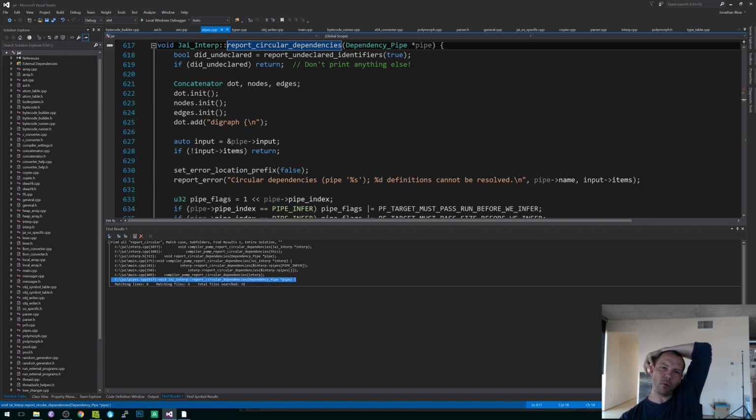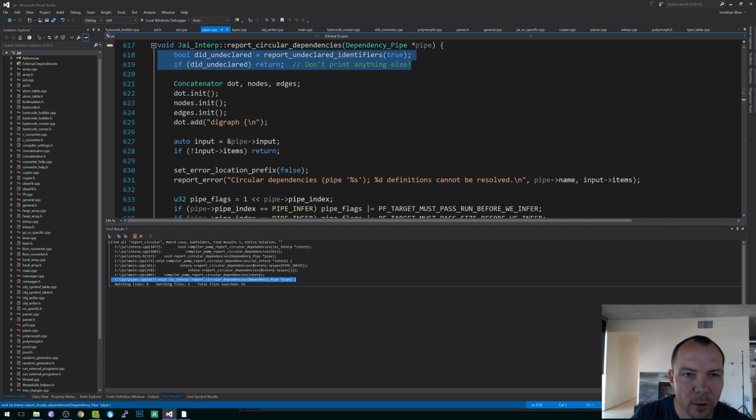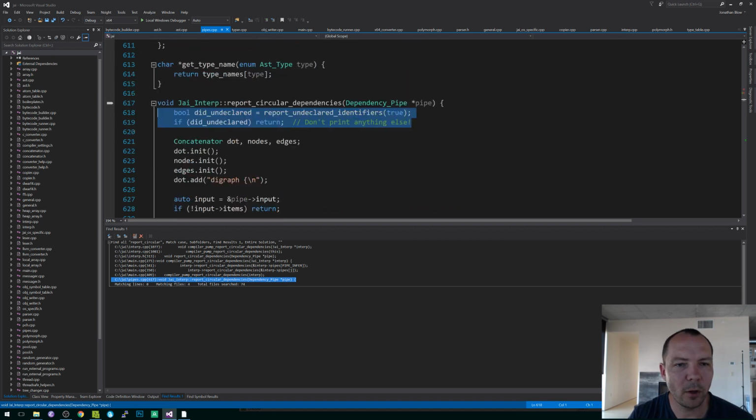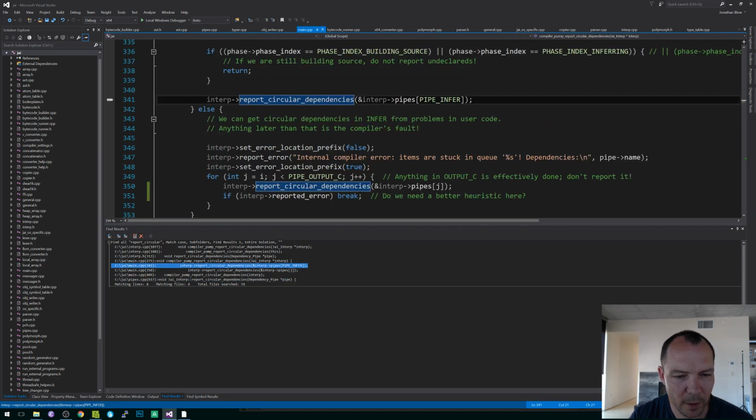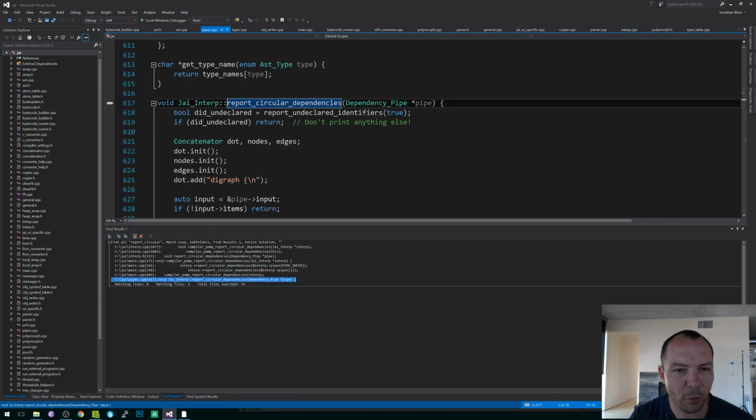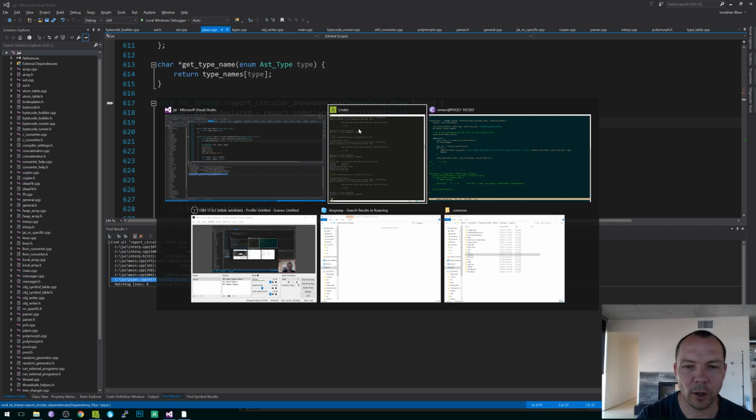So really, I don't understand why I'm not just calling this. It's so weird. Like, why am I calling report circular dependencies? Maybe that's just historical. It doesn't seem. So the first thing I should do is do report undeclared identifier. Oh, okay. Yeah, this is just historical. I'm going to refactor it. Okay, so